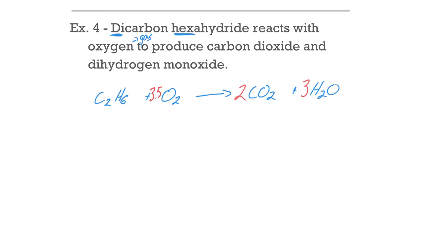Now, chemists don't like putting anything other than whole numbers as their coefficients. So anytime you get a decimal or a half, we need to multiply the whole thing by 2. And so I'm going to rewrite this again. If we multiply everything by 2, well, I'll write out the equation here first. C2H6 plus O2. So here's our equation. And what I mean by multiplying by 2, we can't have 3.5. We need to multiply everything by 2, so that's a whole number, 7. Well, if we multiply everything by 2,